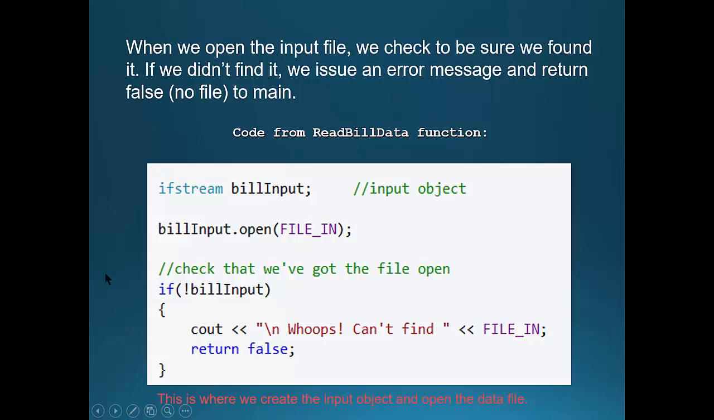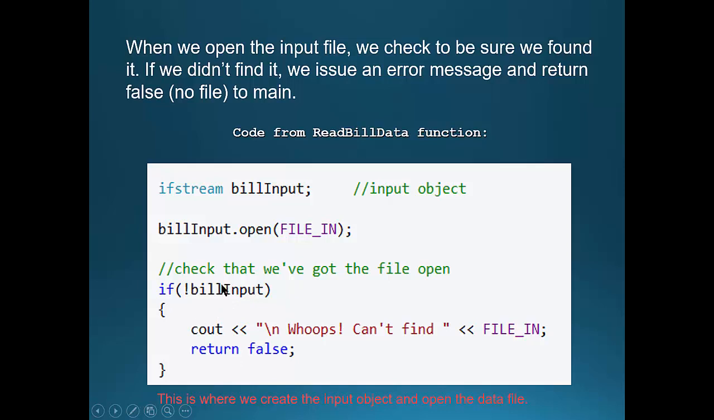Then next what we want to do is check to see if that file is open. And we can do that by just looking at bill input. If bill input returns true, then that means the file is open. If it returns false, it means it's not open. So using the exclamation point to represent not, this basically says if not bill input is open,